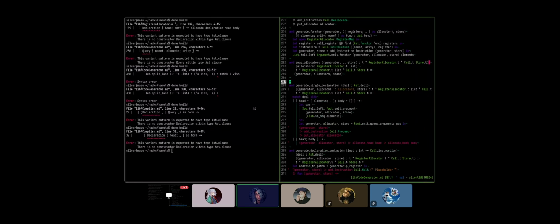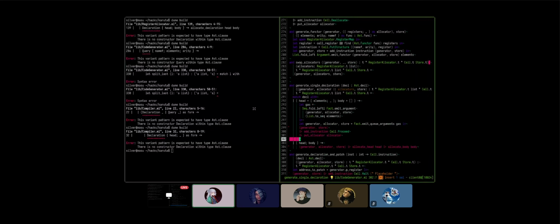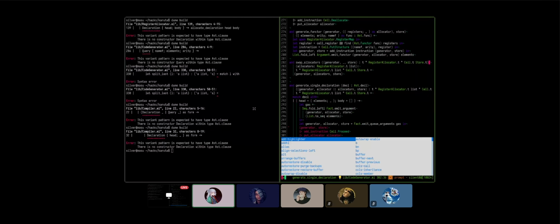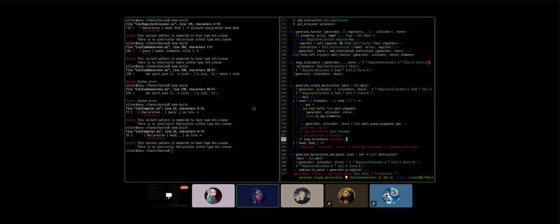I'm confused. Why are we doing this? Because I want to do this, swap allocators with the allocators. That's not correct because the order of the arguments is incorrect there. Okay, we can fix that.